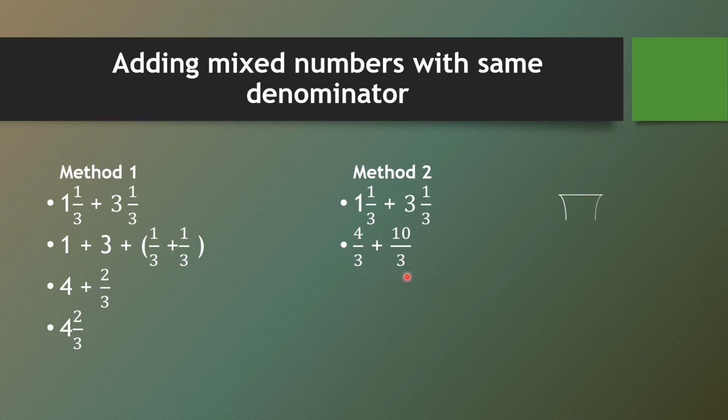Now what we need to do? We need to just add them, and it is very easy. Denominator will be same as 3 and we will add the numerators. 10 plus 4, 14 by 3. Now it is improper, so we need to convert it into mixed number. To convert it, I have already told you, we will divide 14 by 3. So here we will write 14 and we will divide by 3. 3 fours are 12. We will subtract it. Remainder will be 2. Now we will write it as a mixed fraction, which is 4 and 2 by 3. Answer will be same in both the cases.